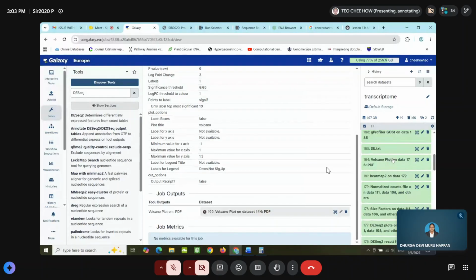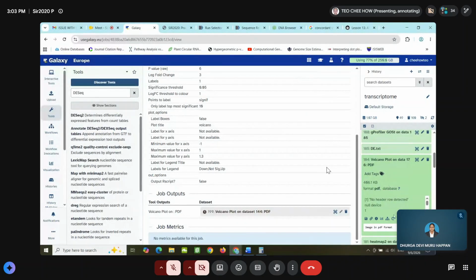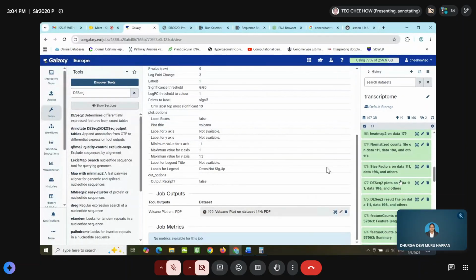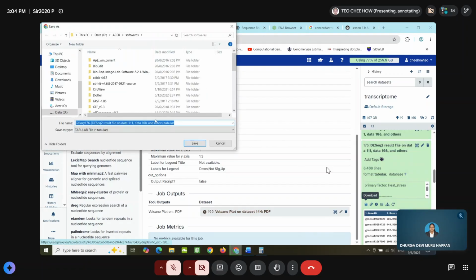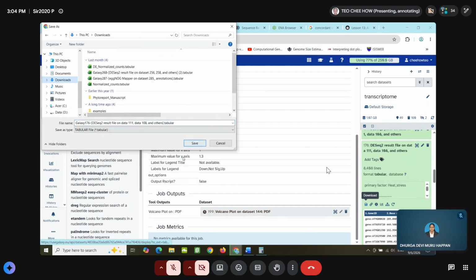Right. Basically, you get this type of result for your differential expression, right? Then you can count the number of genes that are differentially expressed. So, for example, you save this file, right? Let's say you save as tabular here.